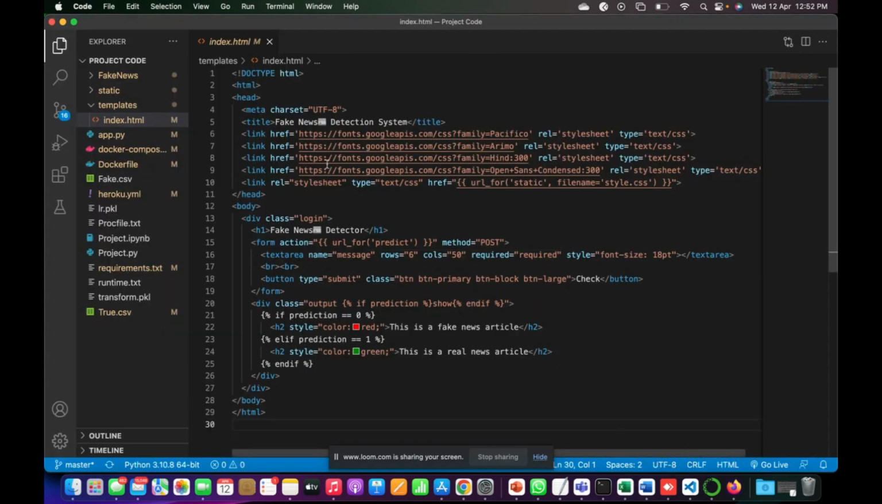So this is the front end code, HTML. We have stuck to only one page. So here's the title, and we have given the links. So this is the head. Then in the body we have created a login class with the heading fake news detection, and we have created a text box as well, and these are the parameters of the text box and the submit